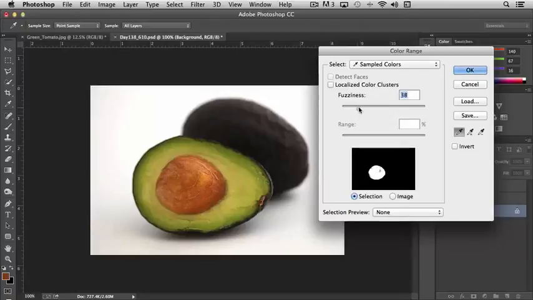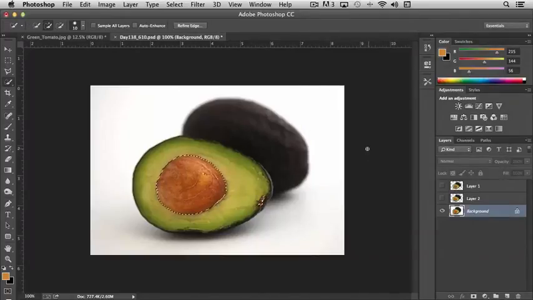And then I can use fuzziness to include the remaining area. So we're pretty close there. There's a little bit of brown in this stem here, and that's what's picking up here. So once I have this fairly solid and I'm happy with it, if I click OK, you'll notice that it selects just the seed. Now you also notice that there's a couple small areas that I missed,